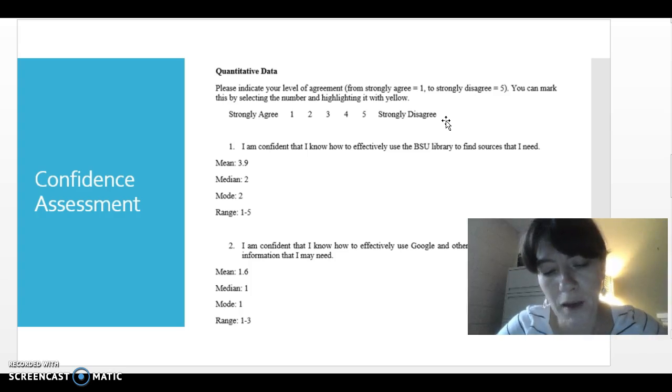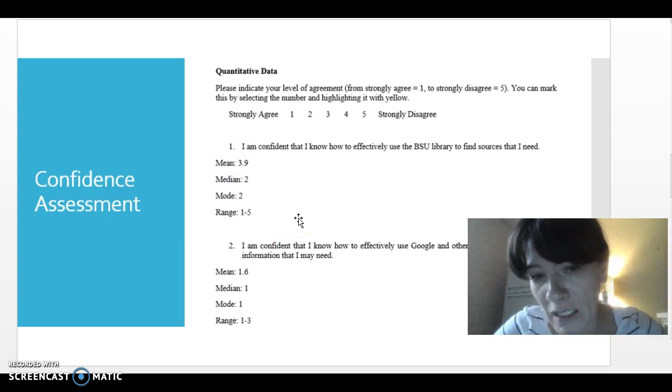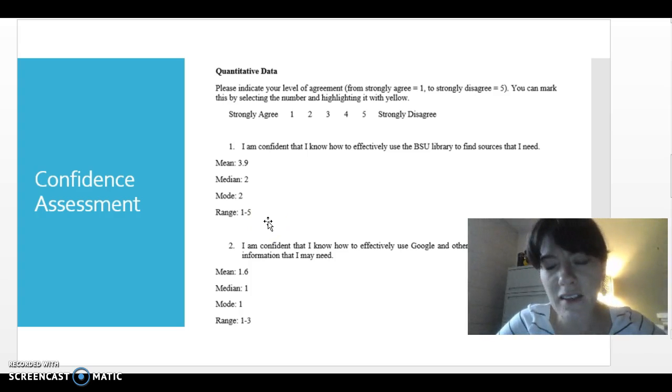exist amongst the population. So for instance, with a set of questions that I ask the class, I can use the responses, because they are numerical responses, it's quantitative data, to determine the mean, median, mode, and range for each of the responses. And this gives me a generalized picture of the trends overall of how the class feels about their skills in these areas.